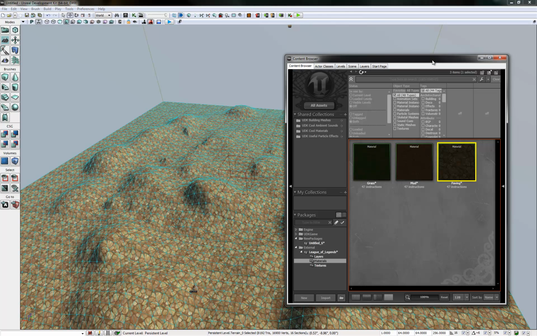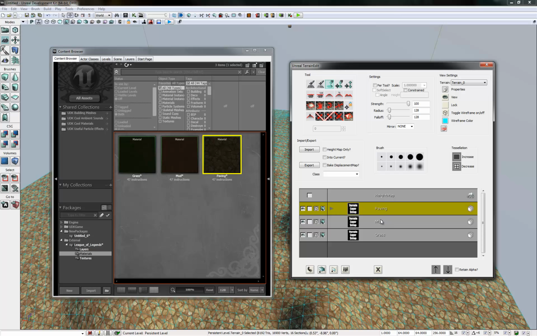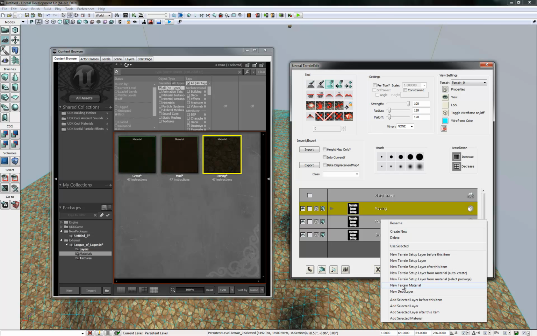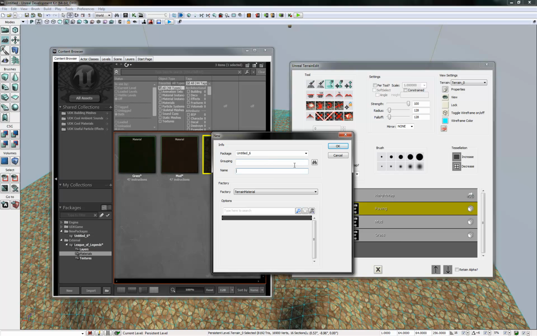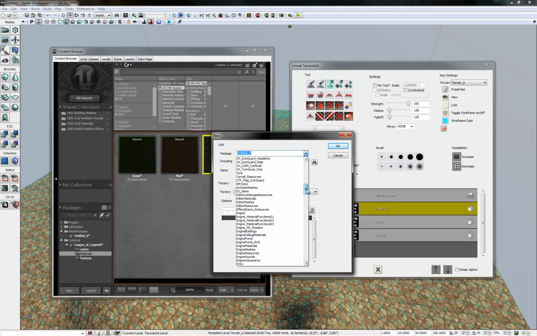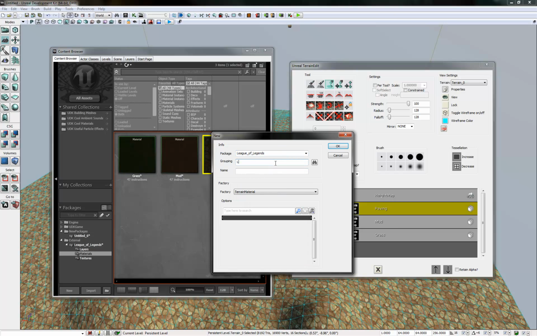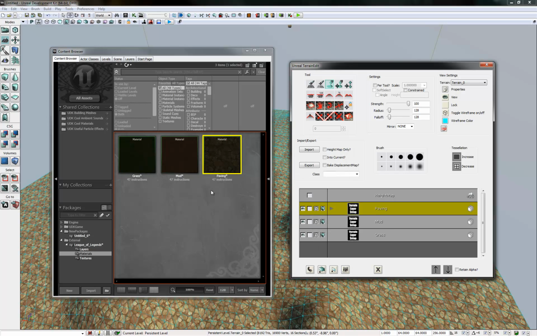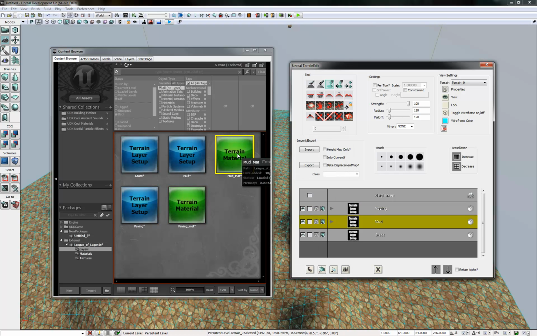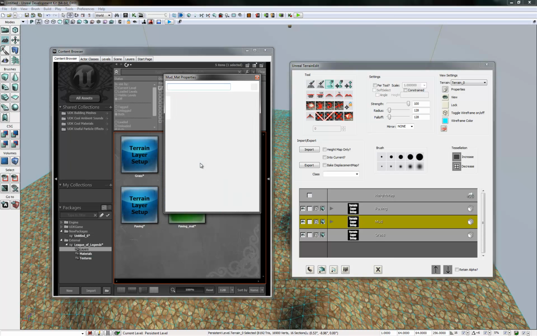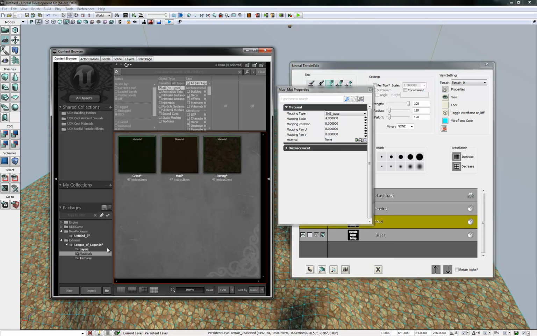Now we're going to be doing exactly the same with the others as well. So for the mud, new terrain material, again it's under League of Legends, and the layers for the group, and this one is mud underscore material. Okay, there you go, it's added to the layers automatically. Properties, material, now for the material, I'm going to use mud, hit the green arrow,